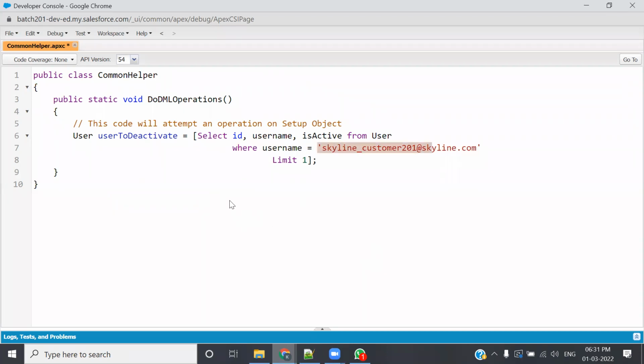बट एक बेस्ट प्रैक्टिस के लिए आपको मैं समझा रहा हूँ। सी, प्रोग्रामिंग की अपनी कुछ बेस्ट प्रैक्टिसेस होती हैं, कुछ रूल्स, और आई वांटेड यू टू गेट अवेयर ऑफ दोज थिंग्स। दैट्स द रीजन आई एम टेलिंग यू कि किसी भी एस ऑब्जेक्ट को जब आप वेरिएबल से डिक्लेयर करते हो, तो एज अ बेस्ट प्रैक्टिस एक आदत डाल लो लिमिट इक्वल्स टू वन देने की, सो दैट इट विल गिव यू ओनली वन रिकॉर्ड एंड यू कुड डेफिनेटली स्टोर वन रिकॉर्ड इनसाइड अ वेरिएबल। बस ये बेस्ट प्रैक्टिस के लिए मैं आपको बोल रहा हूँ। यहाँ क्योंकि मैं यूजर ऑब्जेक्ट पे काम कर रहा हूँ, यहाँ जरूरत ही नहीं है मुझको। सारी चीजें समझ लो।